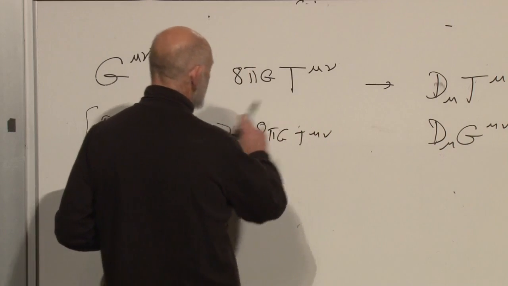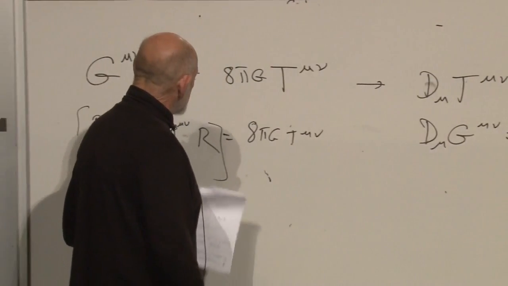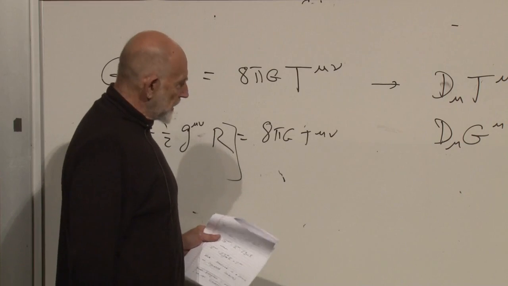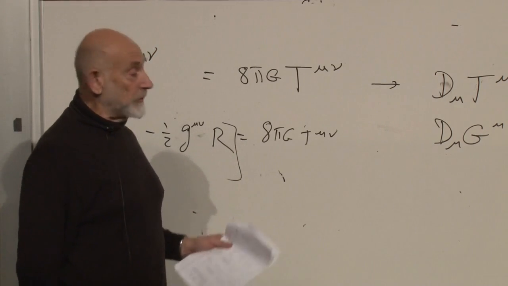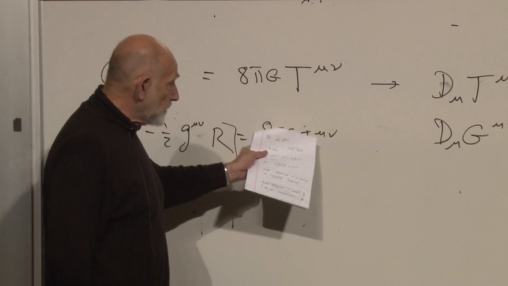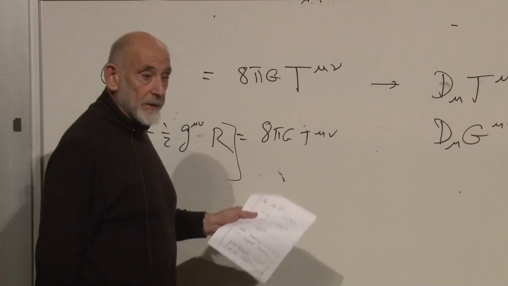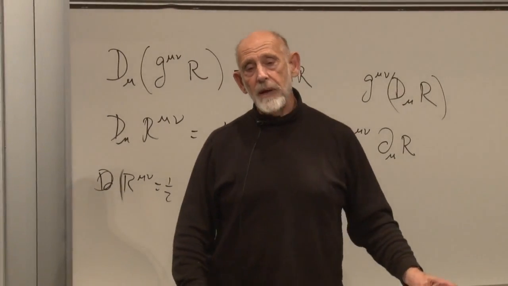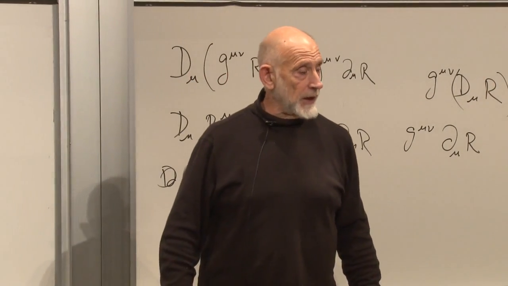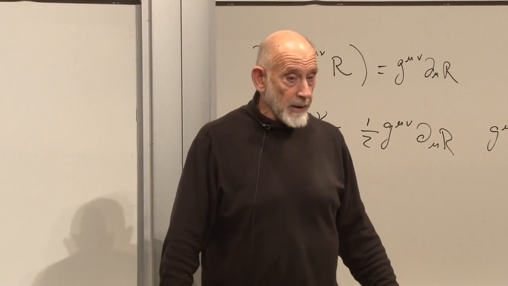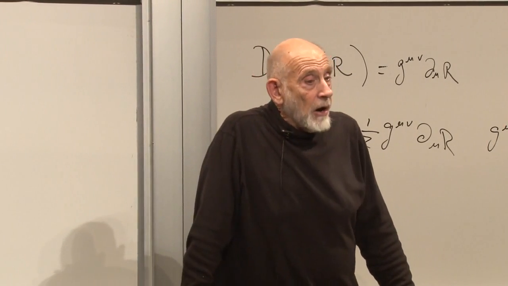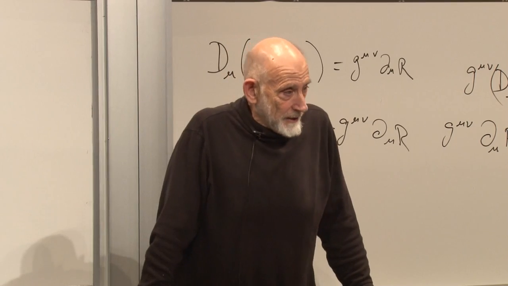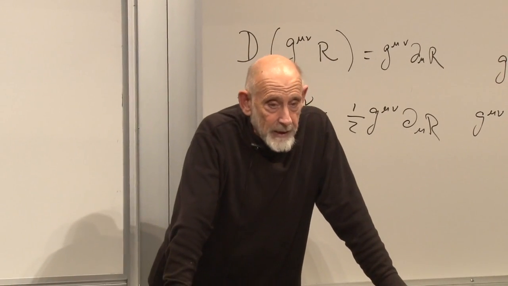But now we see something interesting. We see that in general, the source of the gravitational field is not just energy density, but it can involve energy flow, it can involve momentum density, and it can even involve momentum flow. Now, as a rule, the momentum flow, or even the energy flow, certainly the momentum flow, but even the momentum density, are much smaller than the energy density. Why do I say that? It has to do with the speeds of light in the formulas. If you put the speeds of light into the formulas,